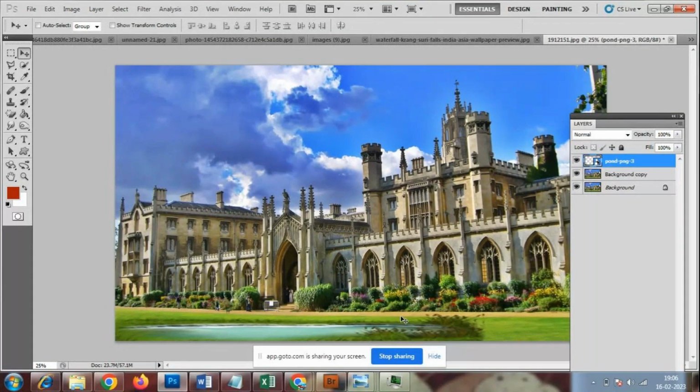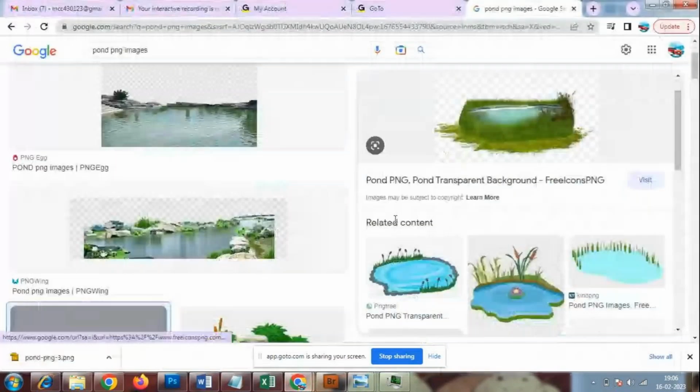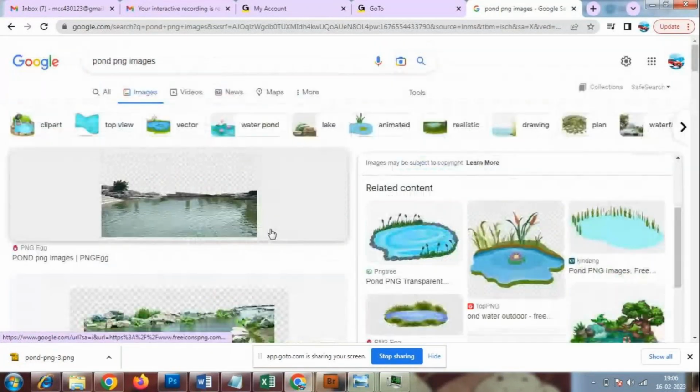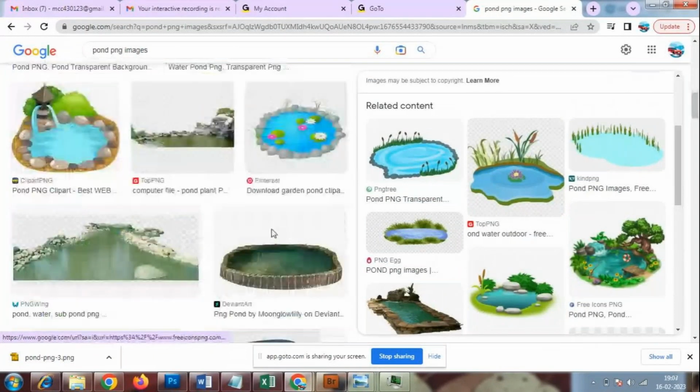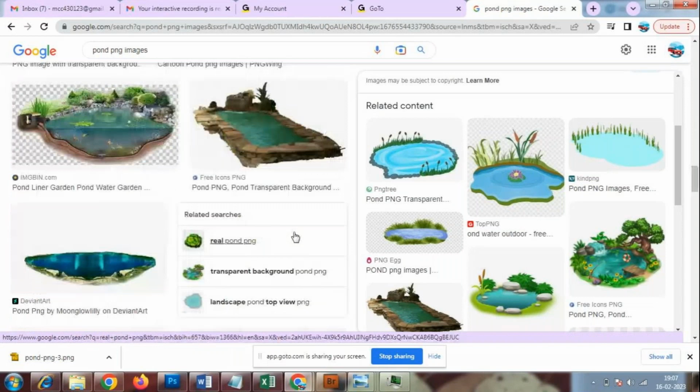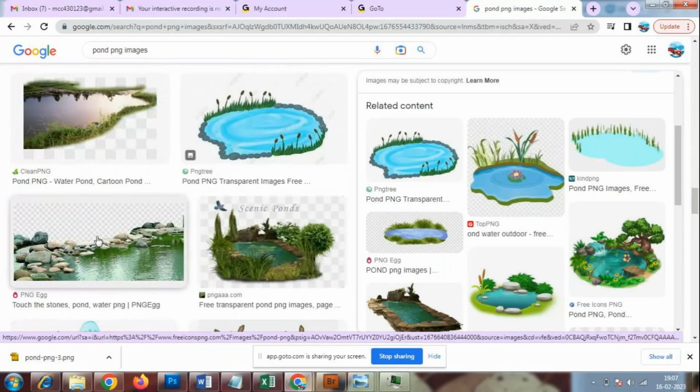So like this you can place it. Suppose you have to place some plants or fountains, again you have to go here. We have different kinds of pond images. Suppose you want to make some stones and all those things, we need it. Again I could bring the stones from here, so I could take these stones,